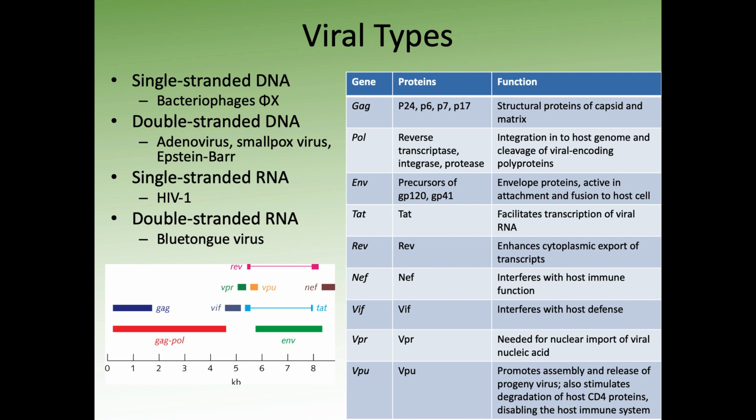We have single-stranded RNA viruses such as HIV, flu, and also coronavirus. And then there's also some double-stranded RNA viruses like bluetongue virus. Viral proteins, there's not a ton of different types of viral proteins. If we were to look at the general categories of them, there would be about 9 categories of genes that we see here. These refer to the GAG and the POL, the ENV, or the envelope protein gene, TAT, REV, NEF, VIF, VPR, and VPU. Each one of these proteins having a specific role